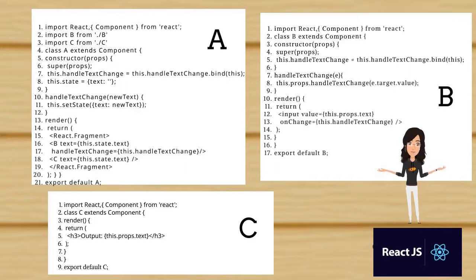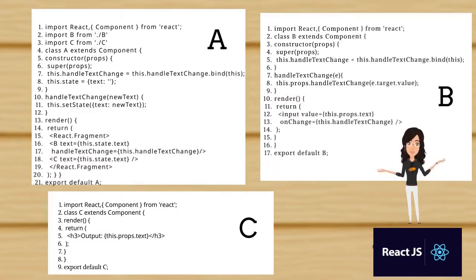There's also a file named B.js, and there's the code of that JavaScript. Here I import React, and class B extends Component. So in the main component A, I import B and C, and in component B, I write this code: constructor, handler, return, and this. And for file C, there's an import, class C extends, return, there's an h3, and the output is class C.